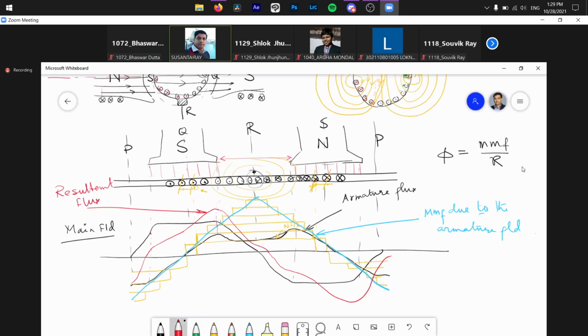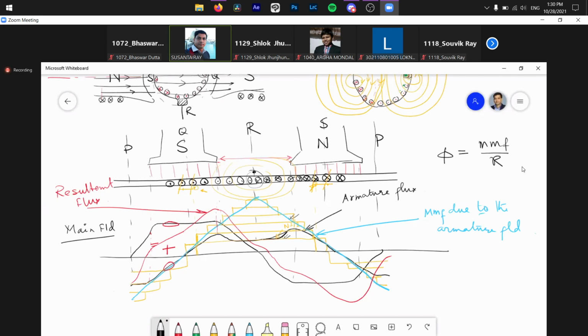Okay, so actually I have added this graph and this black graph. These two I have added and I have obtained this one. That is giving me the resultant flux. Now, when your armature is carrying some current, which is generating this particular MMF, which is generating this particular armature flux, we will have this resultant flux.